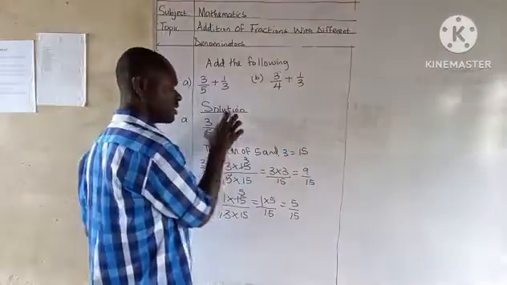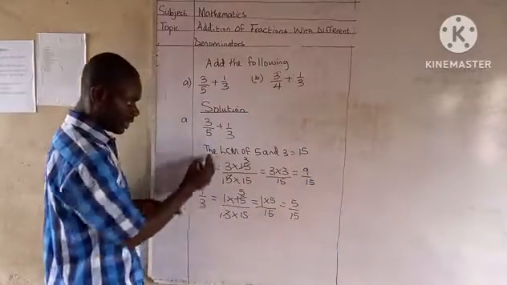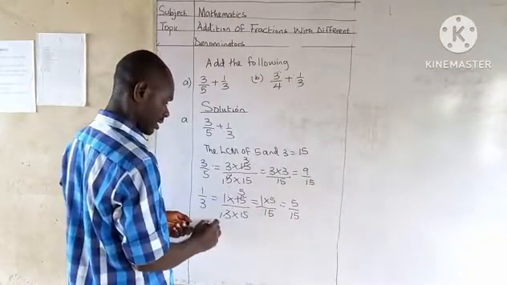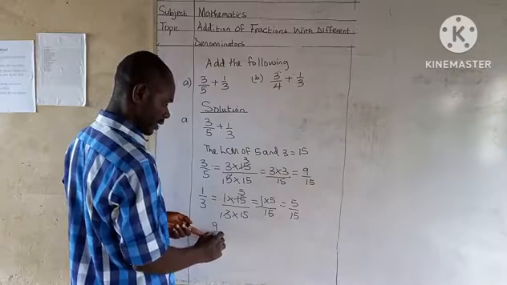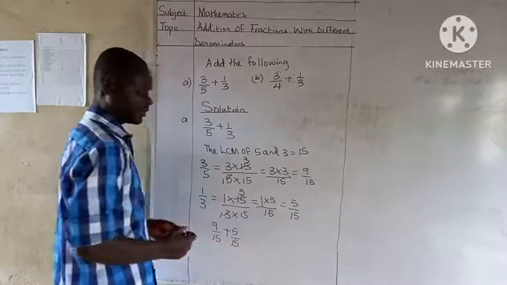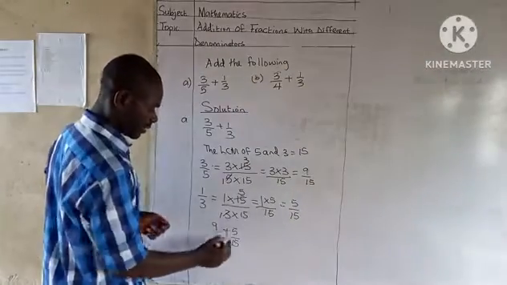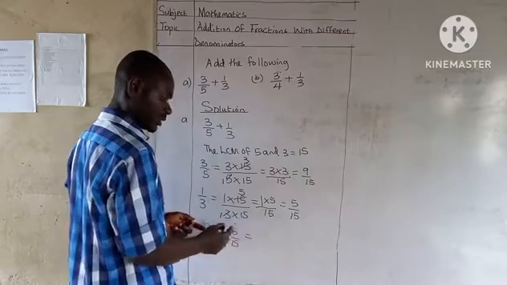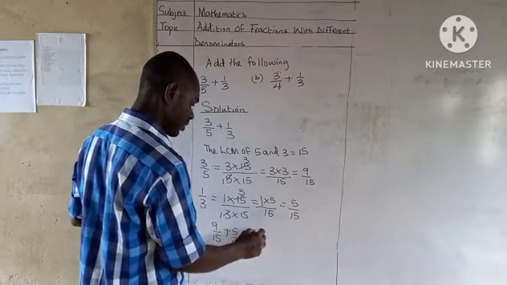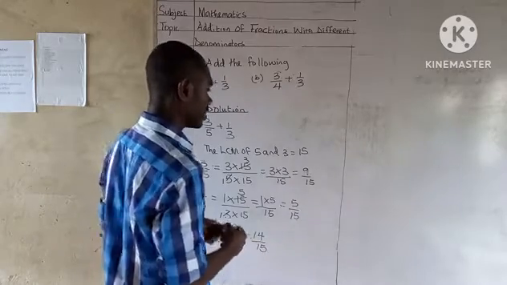We now come over to these fractions and replace them with these ones. We have renamed them. So 3 over 5 will now be 9 over 15 plus 5 over 15. You can now see that the denominators are the same. So this will now be equal to 9 plus 5. What we have now will be 14 over 15. That is for